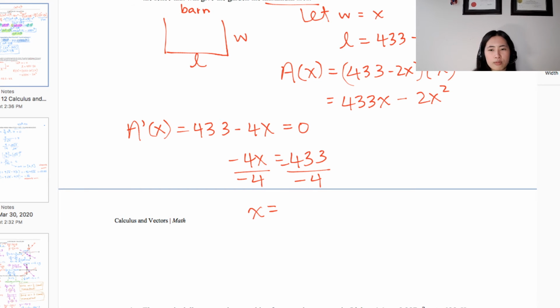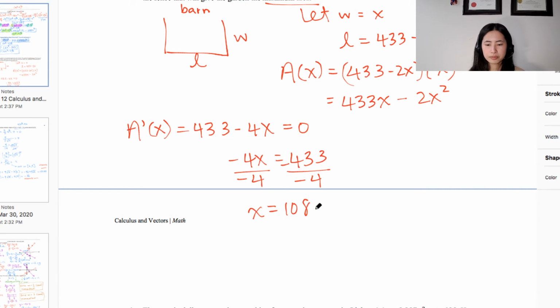And just as a reminder, let's say you want to check whether your answer is right, you have to remember that dimensions always need to be a positive number. So if you're wondering, okay, I'm dividing a positive 433 by a negative 4, it doesn't make sense for dimensions to be negative, so you need to go back and check your work. So you have 433, moving that to the opposite side, you get negative 433. And as a result, you divide this by a negative number, so that becomes positive, right? So it's negative 433 divided by negative 4. So this is actually equal to